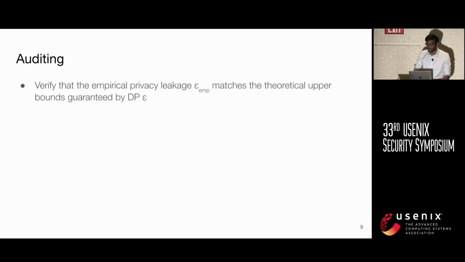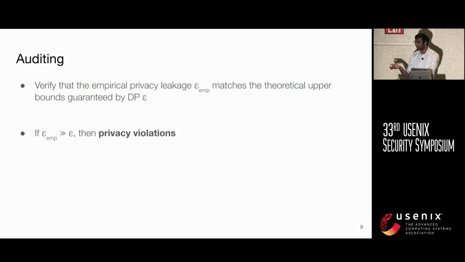And what we do in auditing is we verify the empirical privacy leakage. Basically, we come up with an empirical epsilon value, which we then check against the upper bound that's guaranteed by DP, which is epsilon, the privacy parameter. So we want to see whether these things are close together. When the empirical epsilon exceeds the theoretical one, we identify privacy violations, and this means that there are implementation bugs